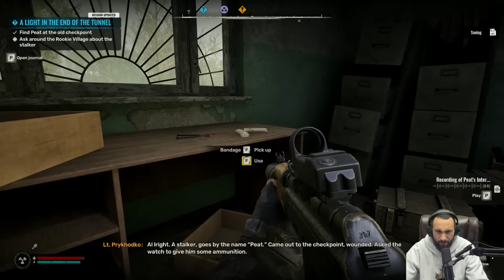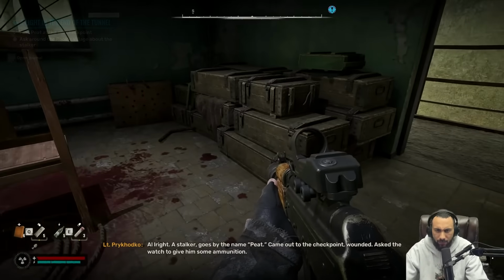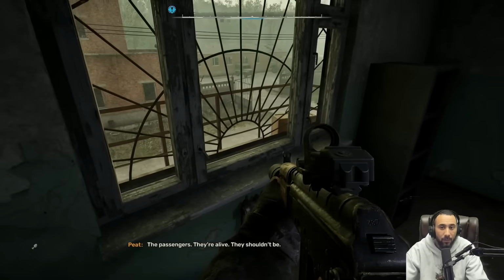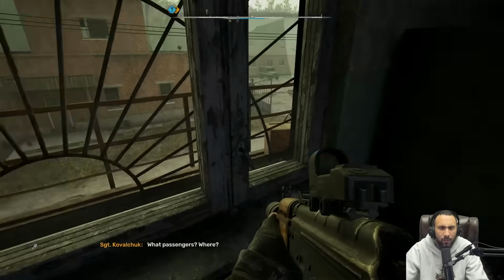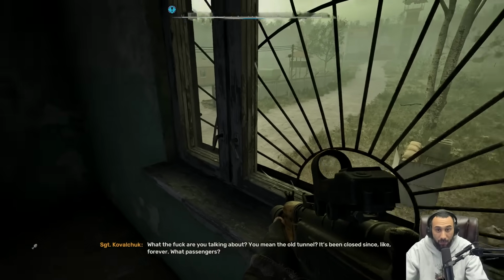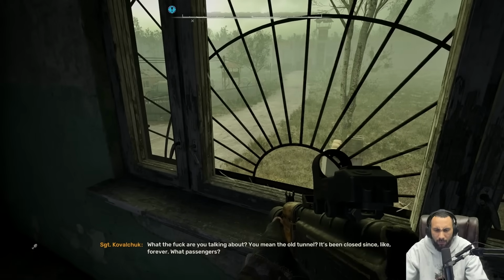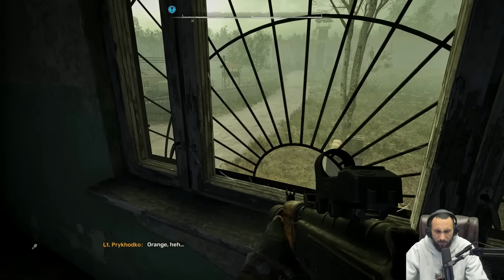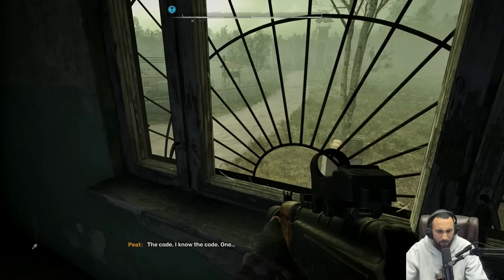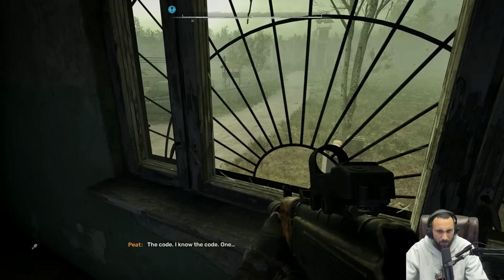A Stalker goes by the name Pete. Came out to the checkpoint, wounded. Asked the watch to give him some ammunition. The passengers. They're alive. They shouldn't be. What passengers? Where? Orange. Evil. What the fuck are you talking about? You mean the old tunnel? It's been closed since, like, forever. What passengers? Orange! The code. I know the code. 1...